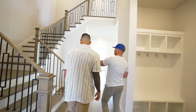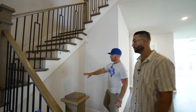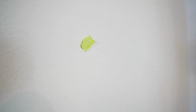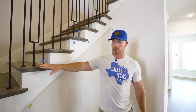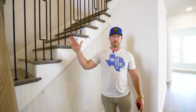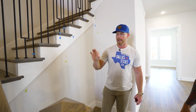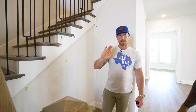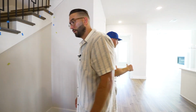Now, when you come over here, you're going to see where there's a lot of blue tape right over here. So just, again, a lot of texture issues, little dings. Things like the stairs, we know they're going to refinish right before closing, because people are going to be coming in, up and down the stairs, so it doesn't really matter how they look now. As long as the builder has agreed to finish that out, they'll be good. And then whenever you come into the kitchen, anything you want to...